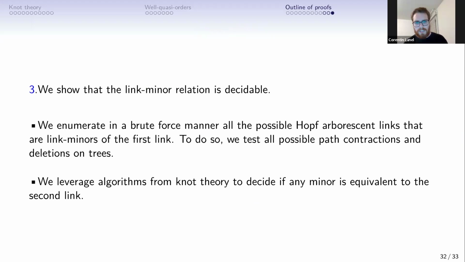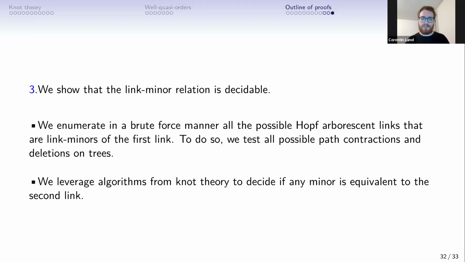And about the decidability, how does it work? It's not that self-evident, but because our objects are linked to trees, we can exploit these trees, and in fact, we brute force on the level of trees. So how to test the link minor relation between two links? I have two links. What we do is that we enumerate all possible trees that yield the first link. How to do so? We just construct the surface associated to the tree, and take the boundary, and then